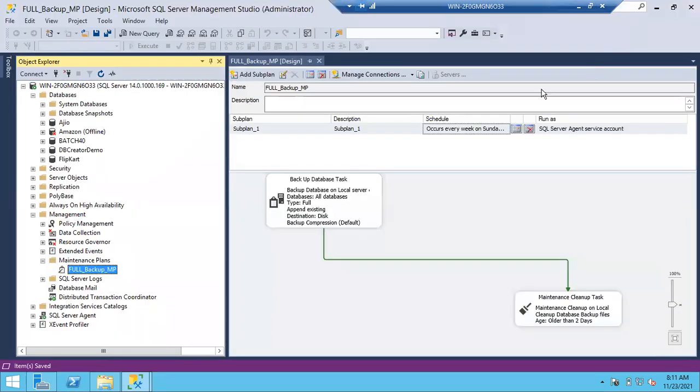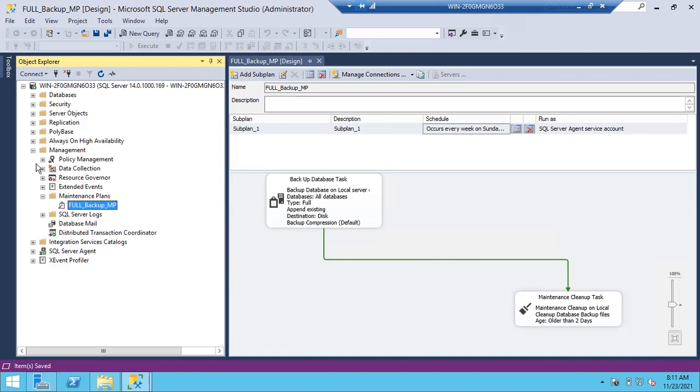So in organizations, usually they create a maintenance plan, right, sir? Because creating one single job for all backups and cleanup jobs, it depends upon the organization. Some people will prefer a maintenance plan, some people won't prefer a maintenance plan. They will prefer only backup jobs and all. It depends. And again, guys, even though you create a maintenance plan, it will automatically create a job.